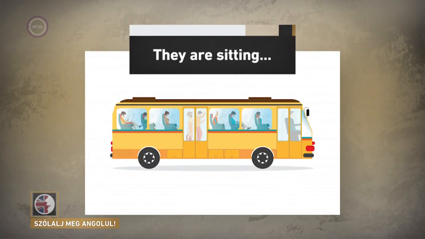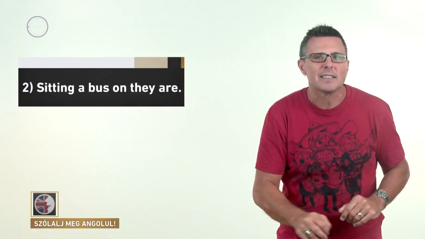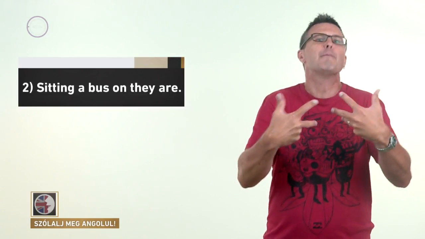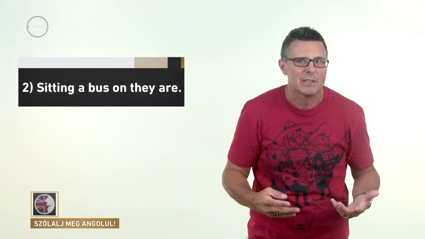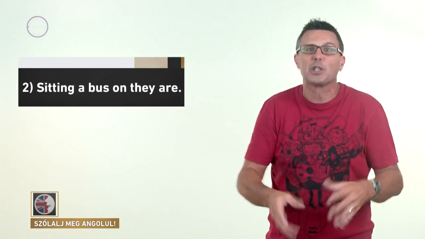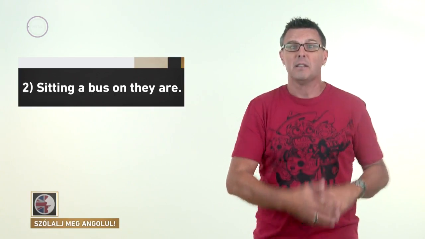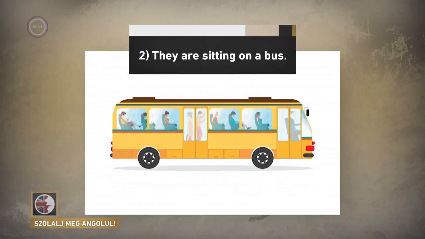They are sitting. Excellent. But don't forget, we could abbreviate that auxiliary verb if we feel like it. We could say they're instead of they are. It's up to us. Okay, what's next? Well, in this sentence, there's no object, but a preposition of place. Something which gives us information about where they're doing this action. Something which tells us where this action of sitting is happening. So now, instead of an object, we just need to finish our sentence with a prepositional phrase. Okay, then let's see the whole thing. They are sitting on a bus.